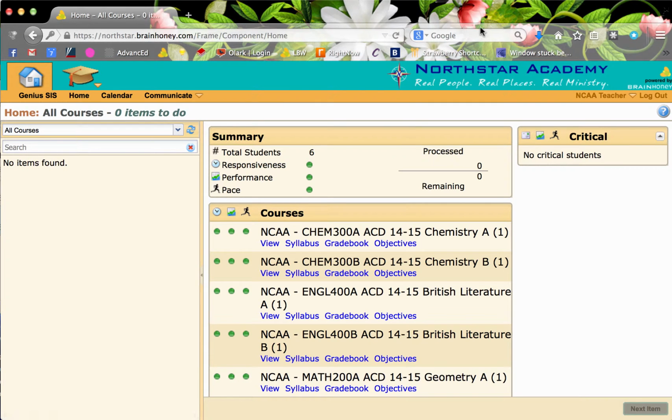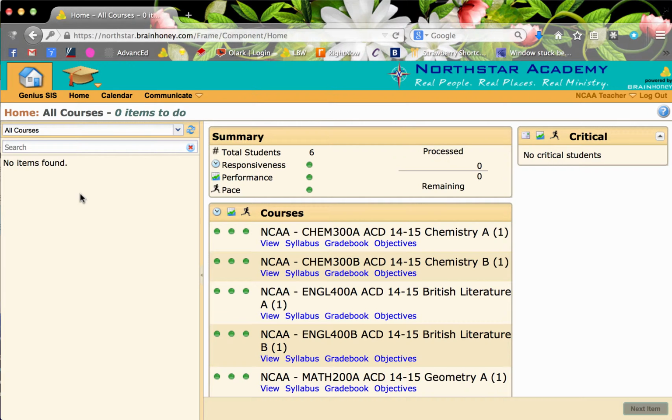This is what the teacher's desktop looks like. On the far left side, you will see where all the assignments will be. If you were actually the teacher in here, there would be assignments for you to grade. You could open them from here. You could add video, audio, any comments that you would want to make, any notes that you would want to